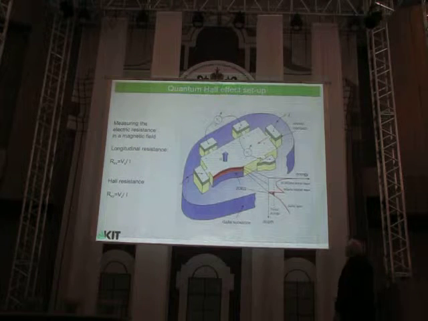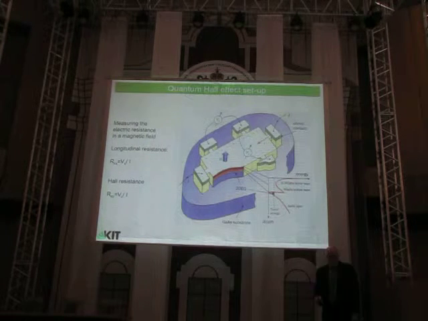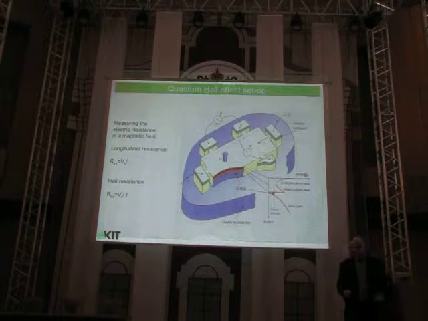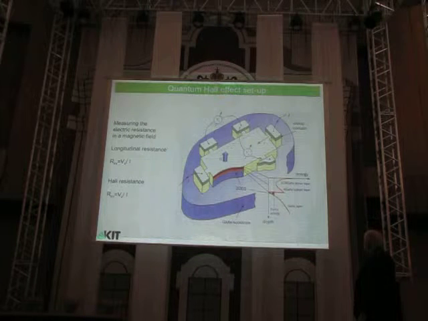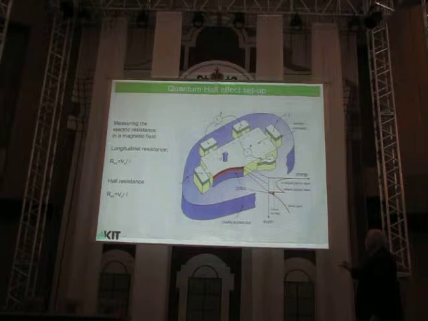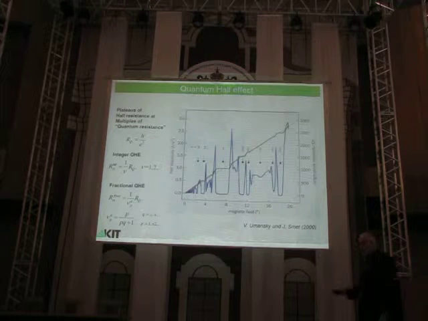And what is it? Well, it's a measurement of the transport of a strictly two-dimensional electron system. The strictly two-dimensional electron system is made in a semiconductor heterostructure, in the aluminium gallium arsenide system. So we have an exactly two-dimensional system here, and it's contacted with these contacts here. You can measure the longitudinal resistance and the Hall resistance. And what is found is this astounding behavior,